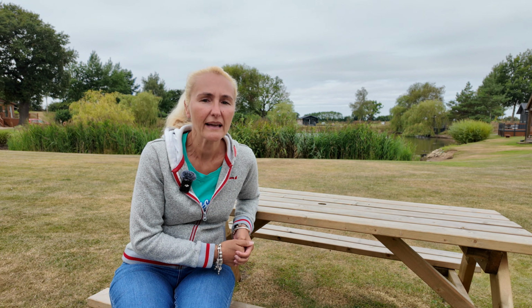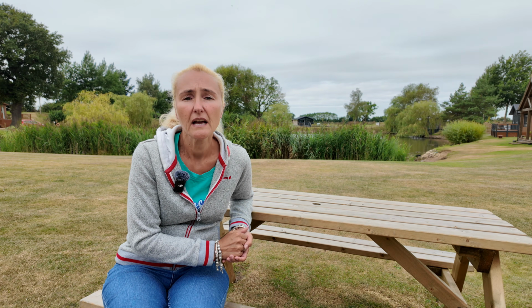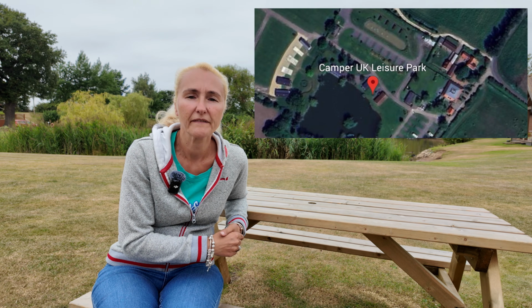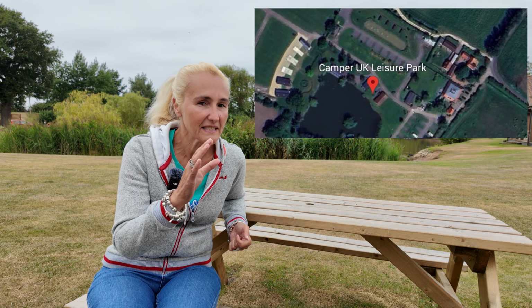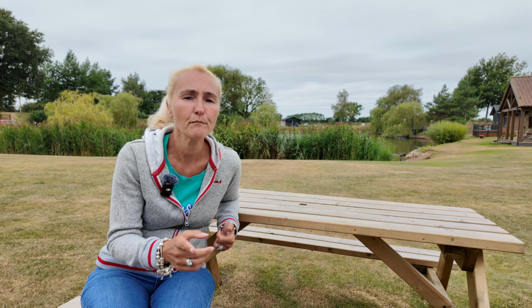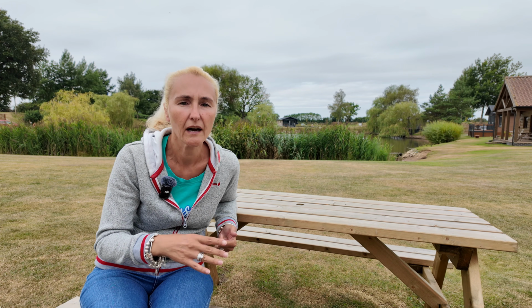Today I'm at Camp UK Leisure Park. Now this is a campsite on the outskirts of Lincoln and it's owned by Camper UK, the dealership in Lincoln where I've done quite a few reviews before. I have stayed on this site back in November last year and quite enjoyed myself, and I've come back and I'm going to give you a look around, talk about how much it costs, what you can do here, but